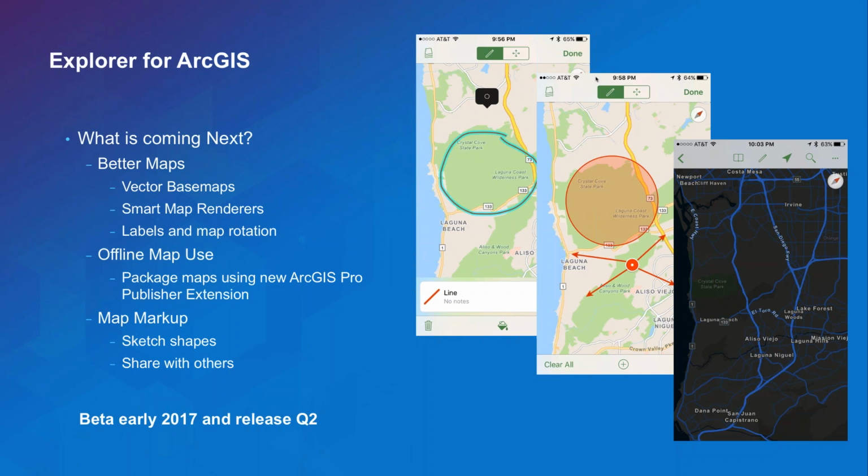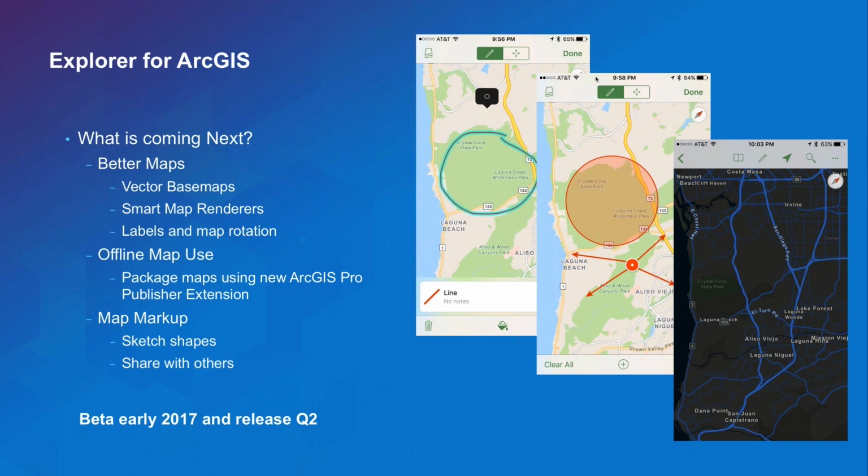In the screenshots, you see on the very left screenshot, I free-handed what should be a circle, and Explorer will recognize that and say, is this actually a circle? And you can turn it into one, and you can fill it, you can pick it up, you can move it around. You can do that with various shapes. We'll do that with lines, so you can turn them into arrows, and you'll be able to store that inside of a new graphics layer that we're building into the platform and share it throughout your organization so you can